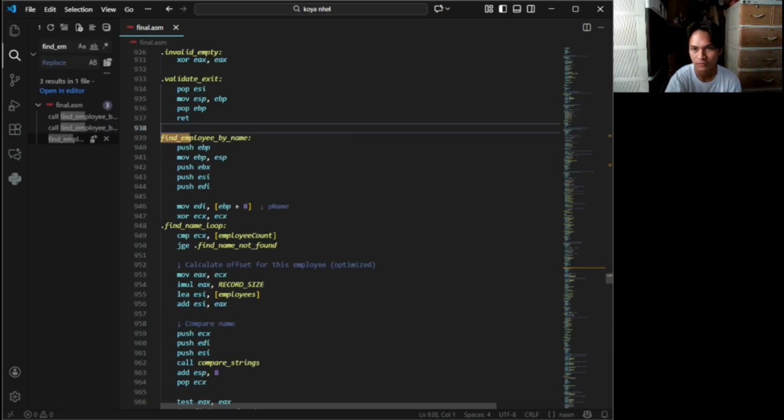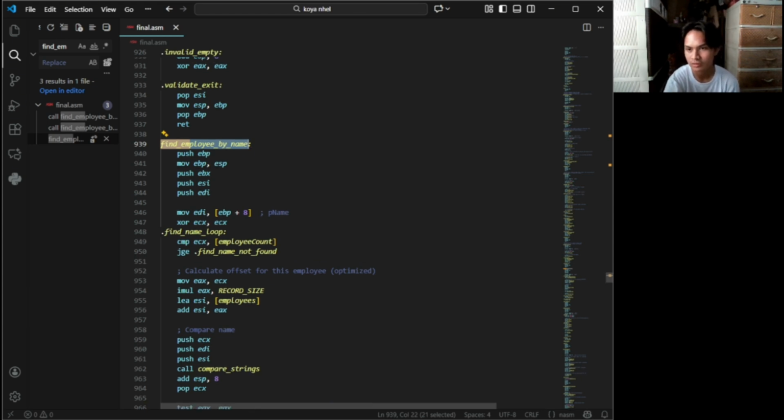Then we have find employee by name. Find employee by name uses compare strings to perform a linear search over all records. It calculates each record's base address by index times record size and returns the matching index or -1 if no match is found.